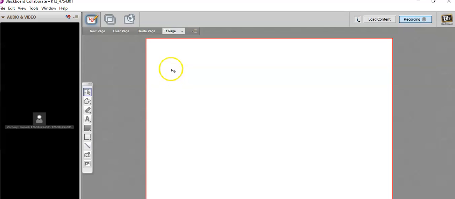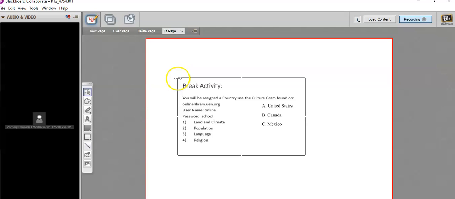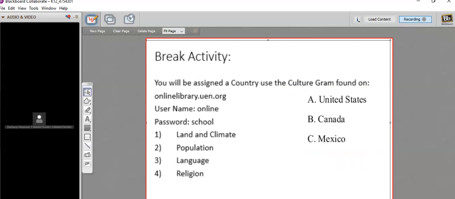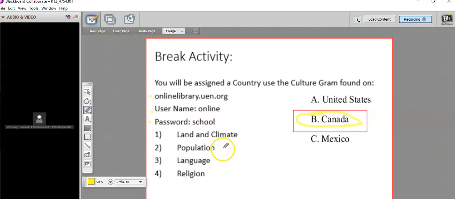All right, this is breakout room number 2 here. Okay, I have given you permission now to write on the whiteboard, and I'm putting this up for you. And you are going to research Canada. Okay, so let me just highlight this real quick. I don't highlight very well in black. Okay, there we go. So you guys are going to do Canada. So remember, go to the website, online, password, and you'll have all those. Just kind of go over all those things, okay? All right, I'll check back with you in a second.